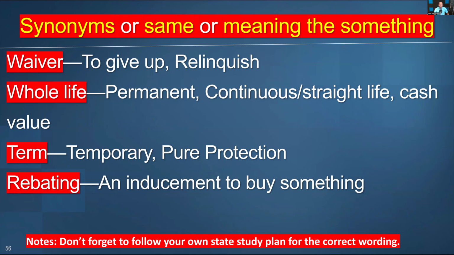Rebating is an endorsement to buy something. When somebody is rebating, it's an endorsement to do something. Kids used to do that a lot. When something goes wrong, they say, "Well, I'm gonna have to tell mommy. I'm gonna have to tell daddy." So in order for them not to tell, guess what? You have to say, "You have to give me something. You have to give me half of your food," or "You got to give me $5 from your money or $2 from your money so I don't tell." That's called rebating, an inducement. Okay.